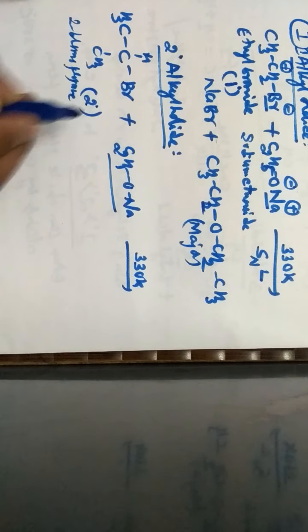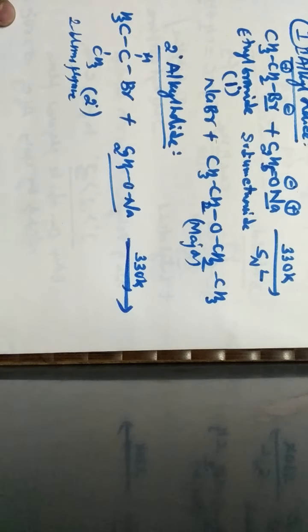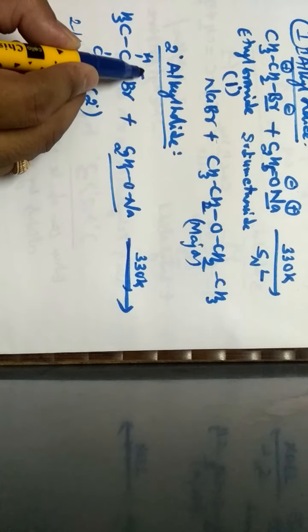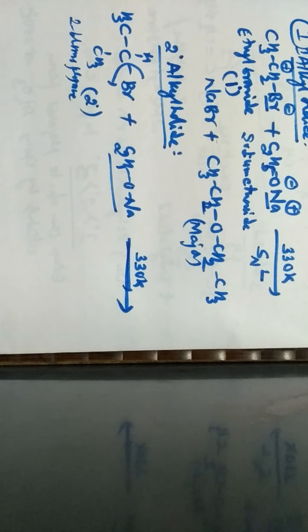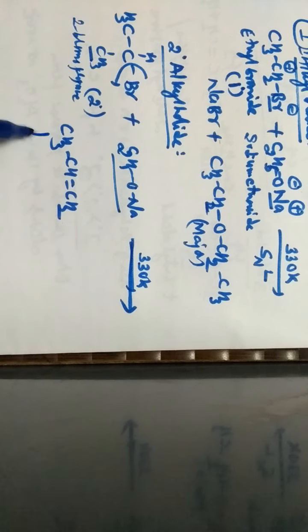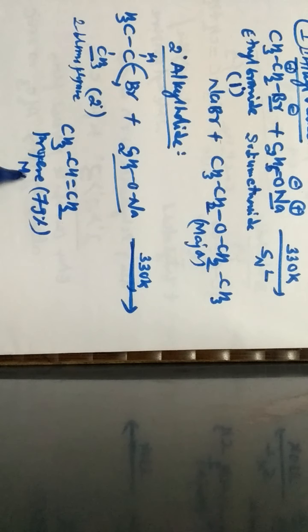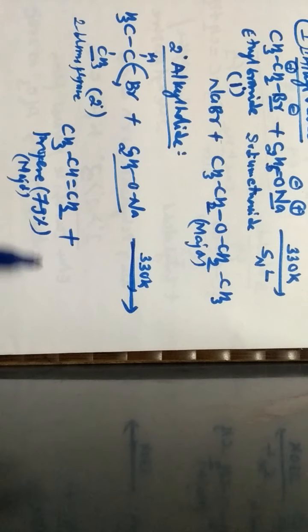Now the reaction tells that when the alkyl halide is secondary in its nature, alkene will be the major product obtained. Now what happens? The bromo gets eliminated as bromide ion. From this methyl, one hydrogen gets eliminated, so that the product will be CH3CH=CH2, which is known as propene. And this propene which is obtained is 79%, which is the major product. Along with this, there is a formation of ether.